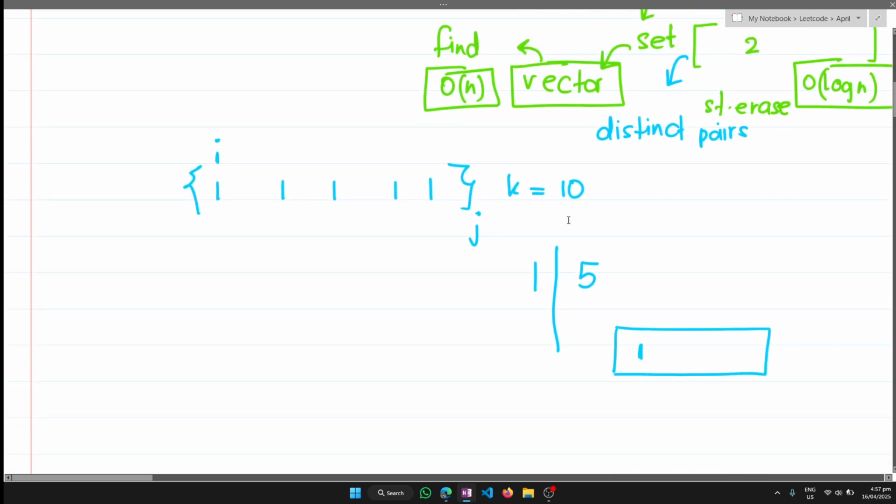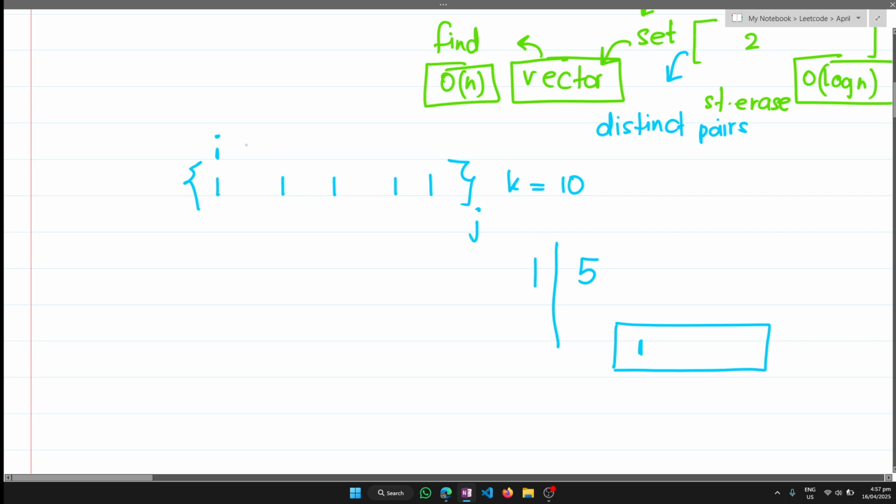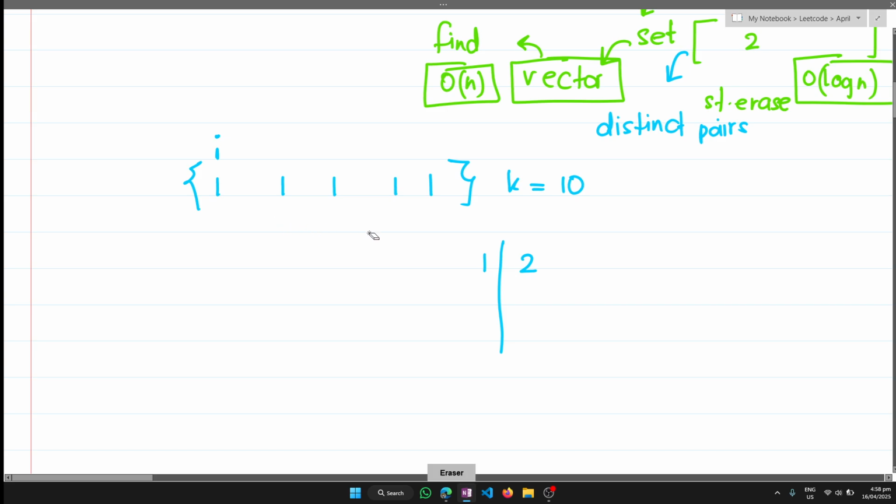So I'll have to modify my approach a bit. How will I do it? Since this approach doesn't work, let's see. I am still nonetheless going to take a map. Once frequency is going to become 1, then once frequency is going to become 2, then once frequency is going to become 3. What does this mean? This means a very important thing. When the frequency became 2, that let you know, when your j was at this point, that you have one pair,